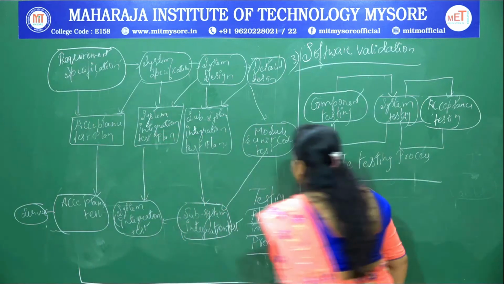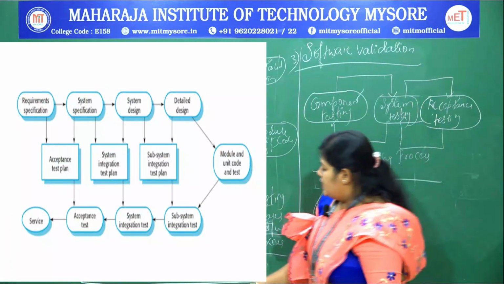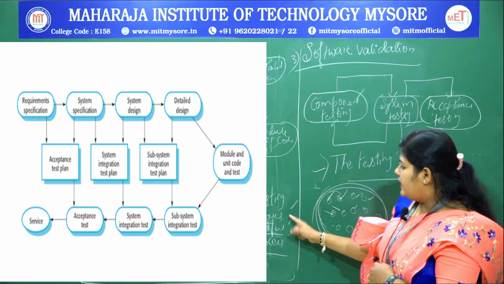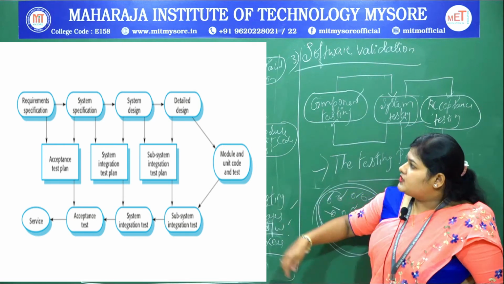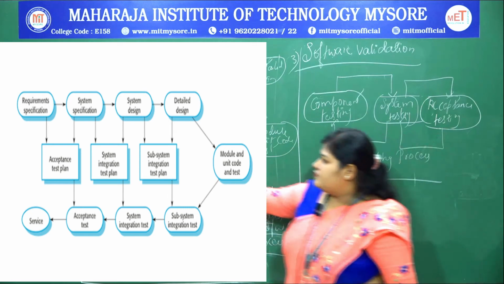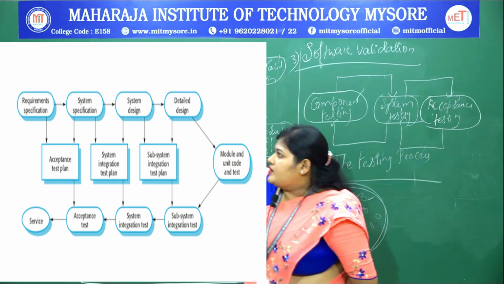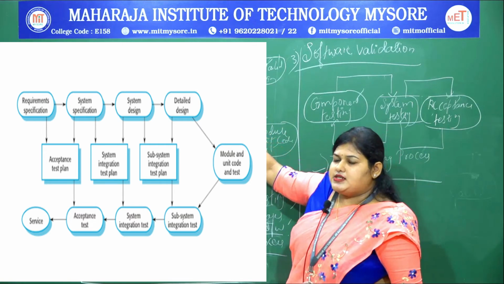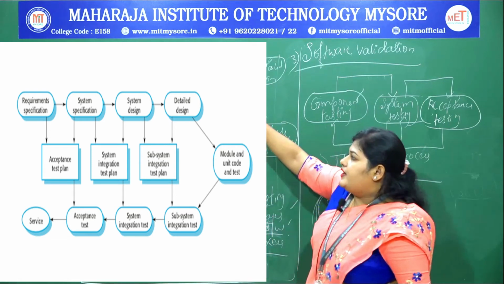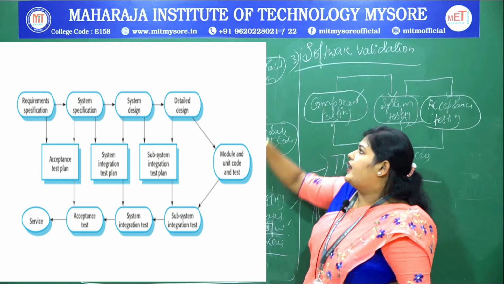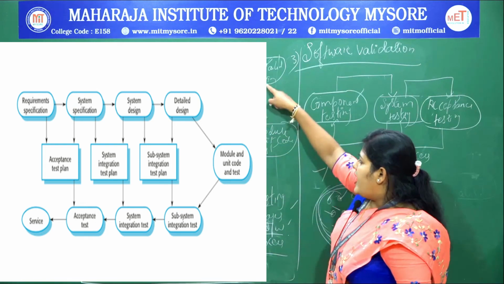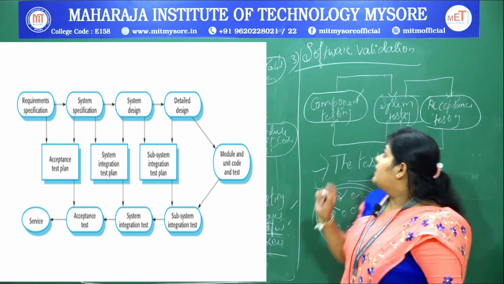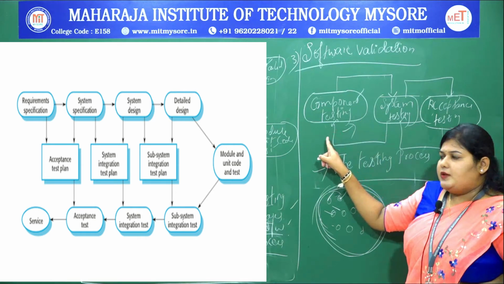In order to analyze in depth, you can observe here there are many testing phases in the software process. Here, a system has the requirement specification, dealing with the system specification. Then, once the system specification is obtained, there will be the system design and finally the detailed design, which will be converted to the module or unit code test. As I said in the very beginning, the component testing will be done.